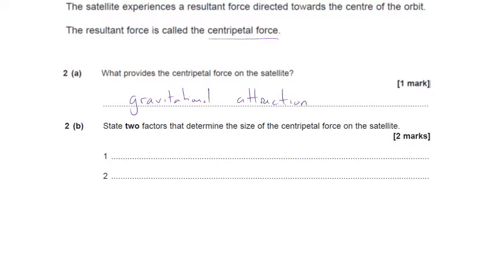Two factors that determine the size of the centripetal force on the satellite. Well, this could be any two from the mass of the satellite. Clearly, if there's a bigger satellite, there will be a bigger force between the Earth and the satellite. The speed or velocity of the satellite,